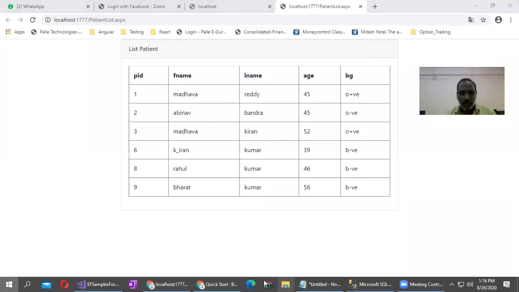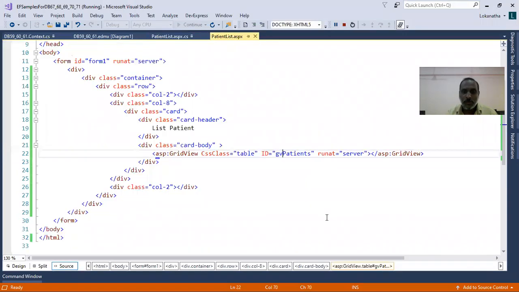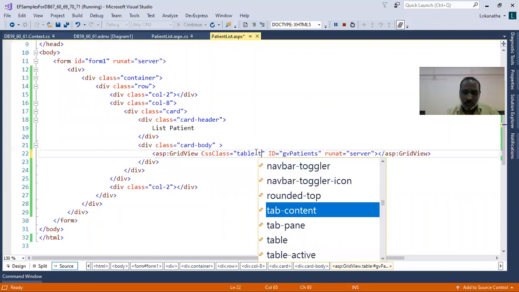In case you don't want to create the table like this, if you want a more beautiful or good looking table, you can apply even one more class. So, table.